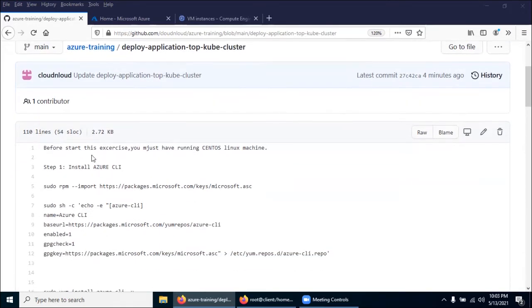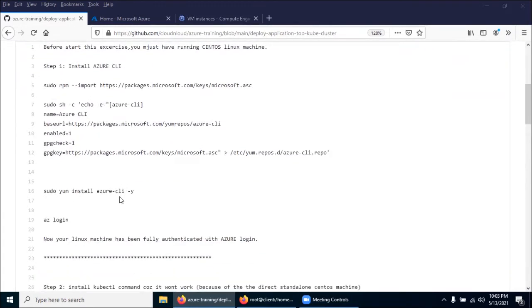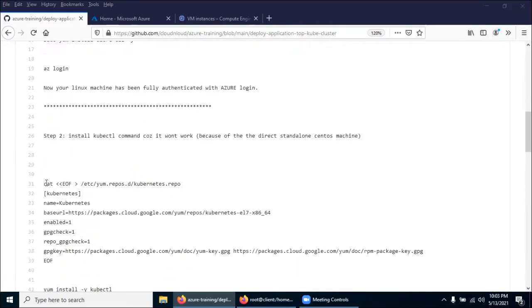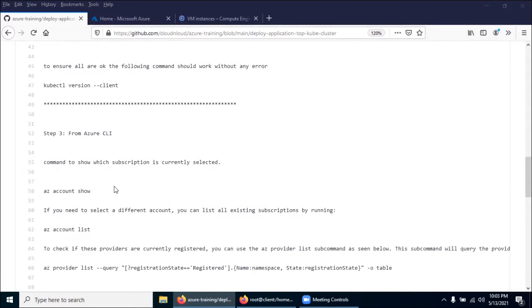First I will give you an overview. We are going to have Azure CLI on one of the CentOS Linux machines, and we are going to configure it. Then we are going to sync the Linux machine with your account on portal.azure.com. Once authenticated from that Linux machine, first we need to configure the kubectl command, because we need to control the Azure Kubernetes cluster. Once configured, from Azure CLI, first just verify what is all existing and available.